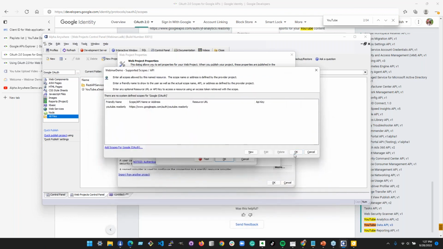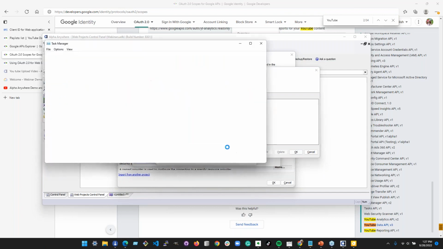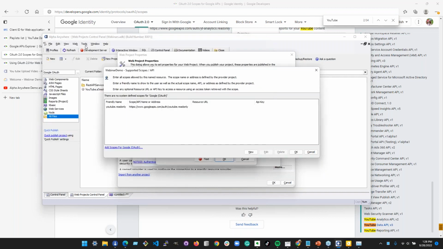No, we're stuck. All right, nobody look. I need to kill Alpha Anywhere. Maybe that's why it wasn't popping up. I think it, yeah. It was working for me yesterday. This happens. It's not in the background, is it?